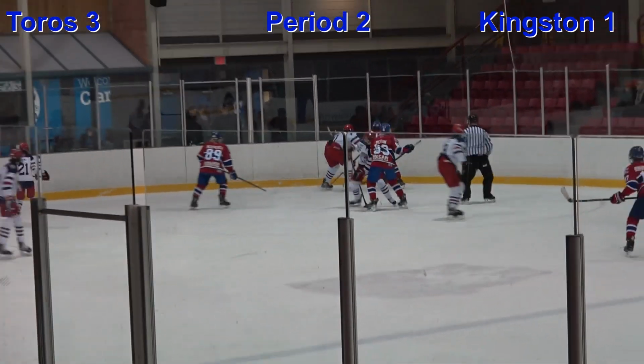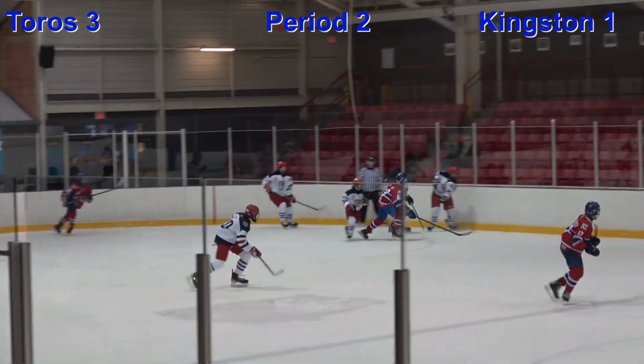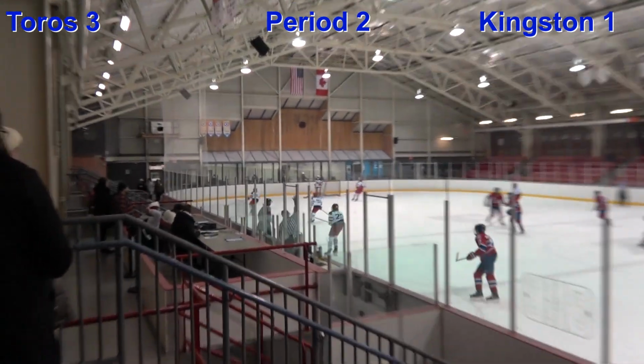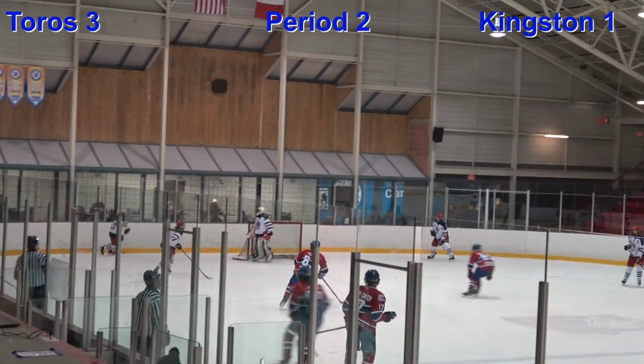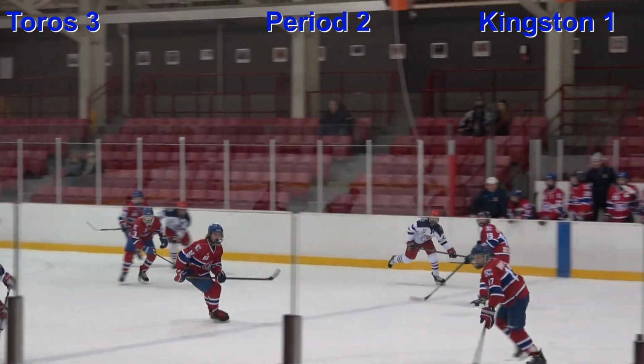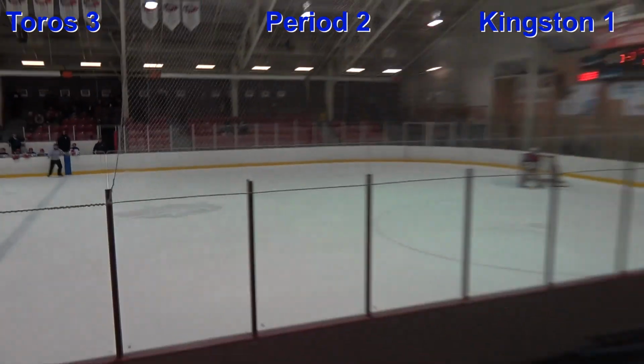Face-off now is off to the left of the Toros end. Here comes Legg to try and clear it out. That goes over the stick and gets knocked down here from center. Pushed back into the zone as that's back in behind the net. Coming around the other side with a lead pass. That's going over the stick, all the way down the ice.